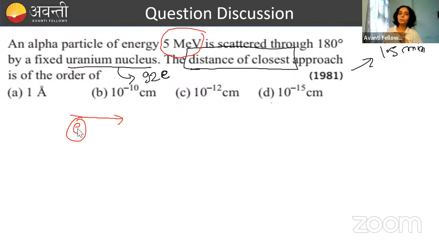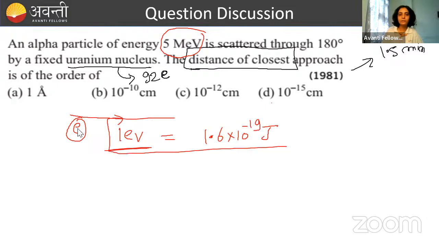So 1 electron volt is what? 1 electron volt is the energy of an electron when accelerated by 1 volt, ठीक है। सो यहाँ पे देख लो 5 मेगा, यानी कि 1 electron volt इज द यूनिट ऑफ एनर्जी। इसको जूल में कैसे कन्वर्ट करते हैं? 1.6 into 10⁻¹⁹ जूल। जस्ट फॉर द इंफॉर्मेशन आई एम गिविंग दिस, ठीक है। सो दिस इज दिस। नाउ हियर द एनर्जी वैल्यू इज 5 मेगा इलेक्ट्रॉन वोल्ट. It is scattered through 180 degree by a fixed uranium nucleus.